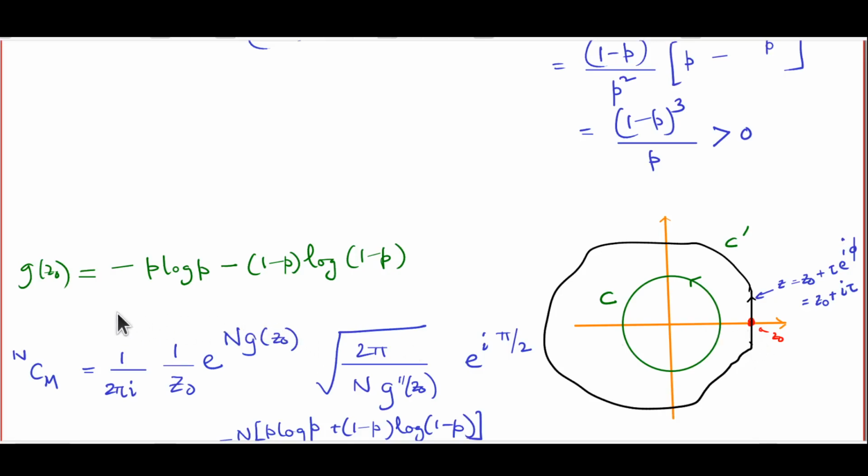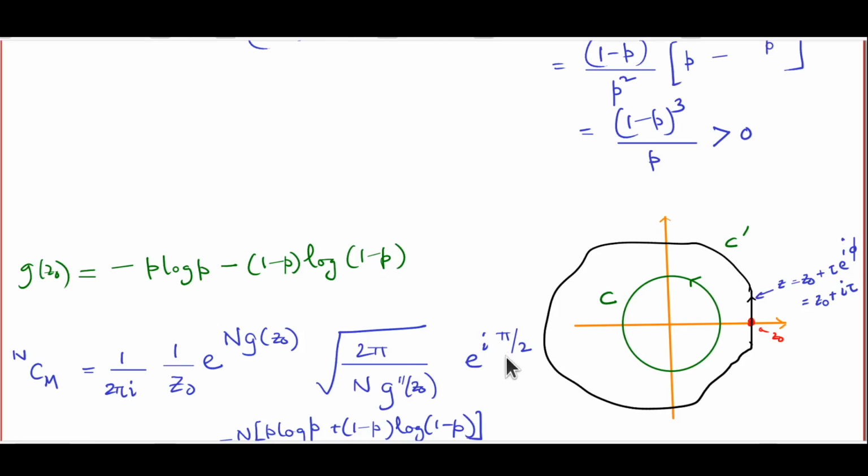The only other ingredient that you need for the calculation is the value of g of z0, which after a bit of algebra turns out to be something very simple. It's minus p times log of p minus (1 minus p) into log of (1 minus p). And so our NCM calculation simply becomes 1 by 2 pi i, which is the residue formula factor outside, into the value of the integrand at z0, 1 by z0 e to the power n g z0, times the value for the Gaussian integral, which is root over 2 pi by n g double prime z0, times an extra factor which comes in because of the change of variables